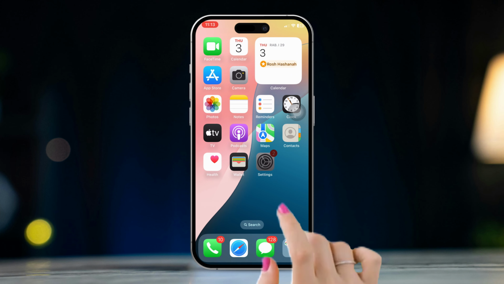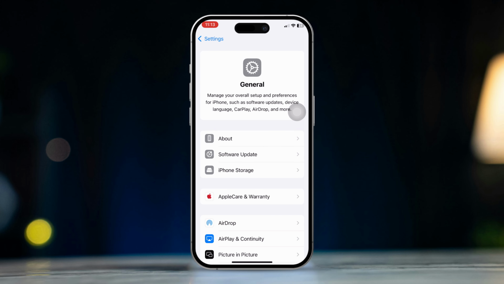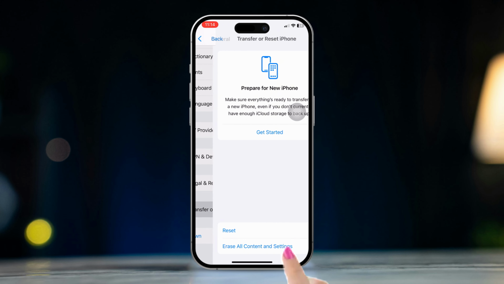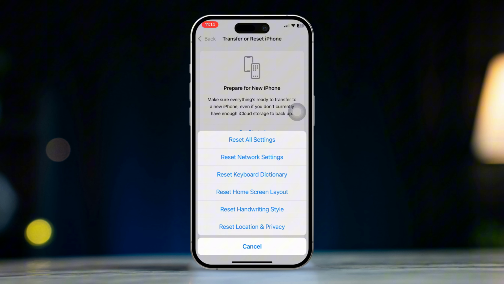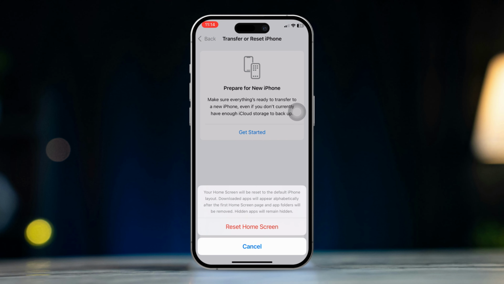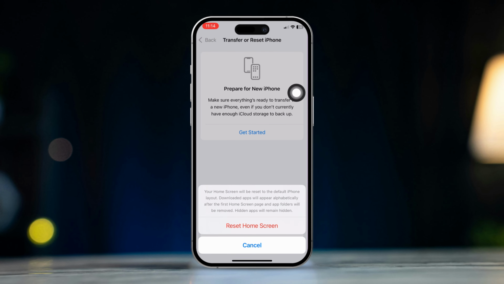Solution 3. Reset home screen layout. Open Settings, tap General, scroll down and tap Reset. Tap Reset home screen layout. This will reset your icons to their default positions, which should bring back the Mail app to the home screen